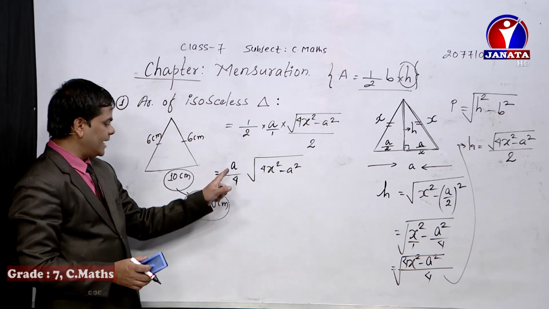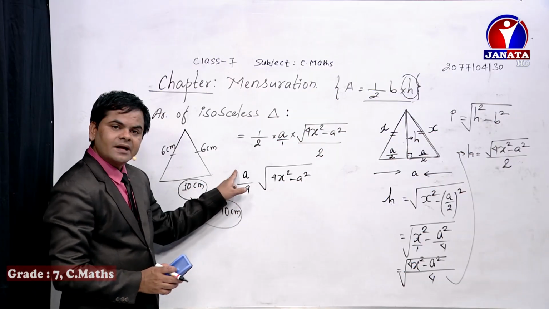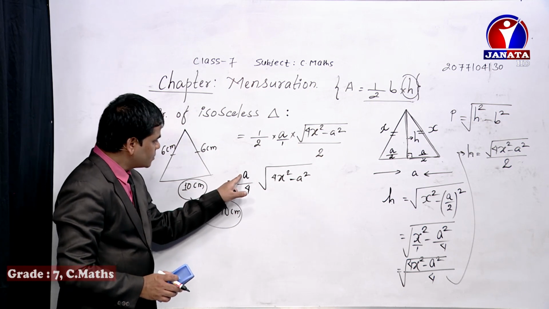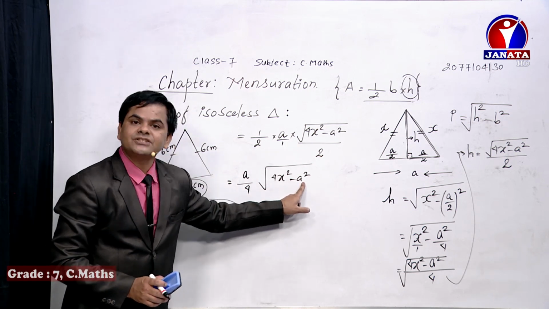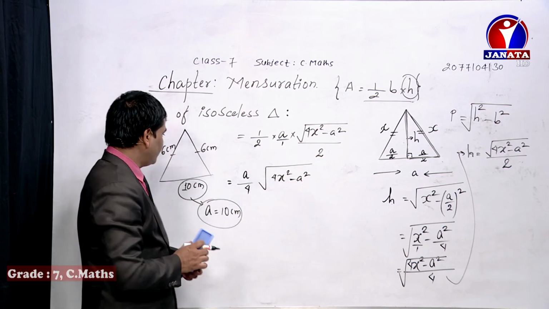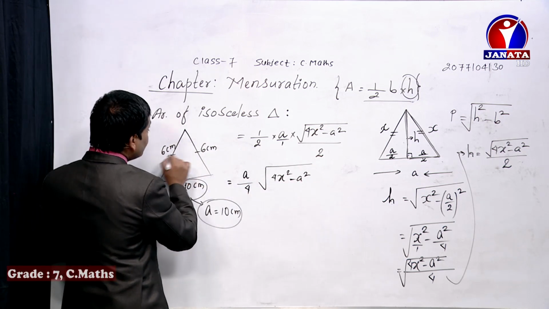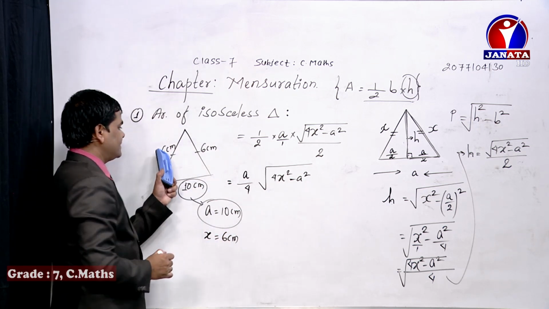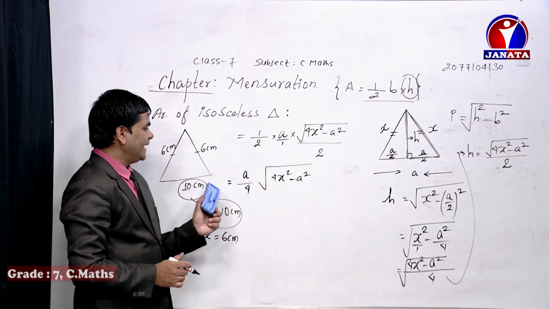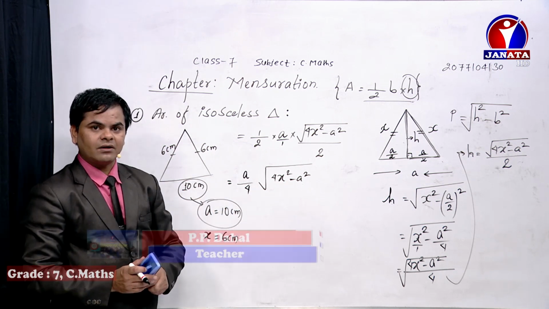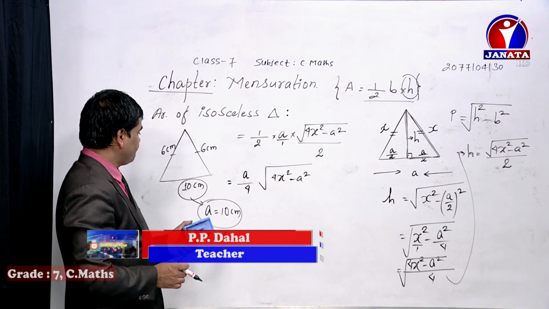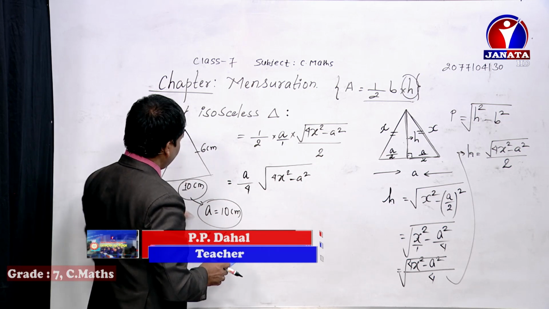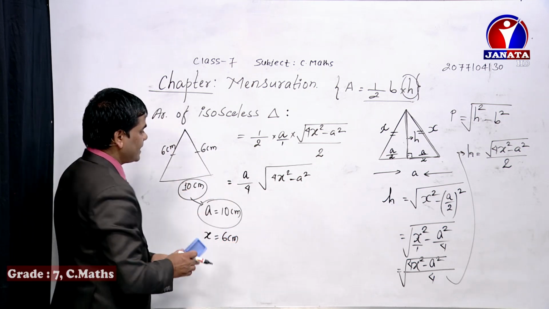So in the formula, where there is written a, in that place we need to keep the value of a as 10 centimeter. Here also 10, here also 10 square, as there is a square. Now x means the equal side, so x we got as 6 centimeter, isn't it? So in this way, looking at the sides of the isosceles triangle, we can find out its area. Now if we keep these values in here, what will be the area?